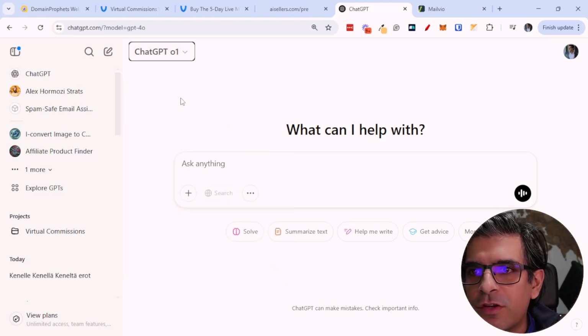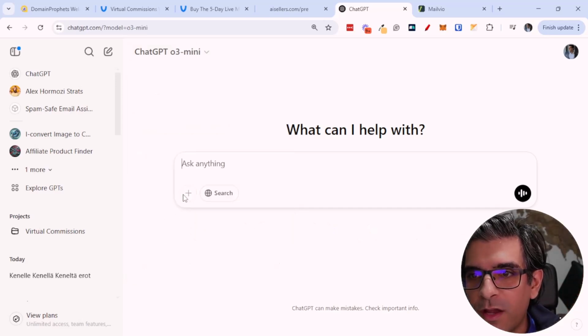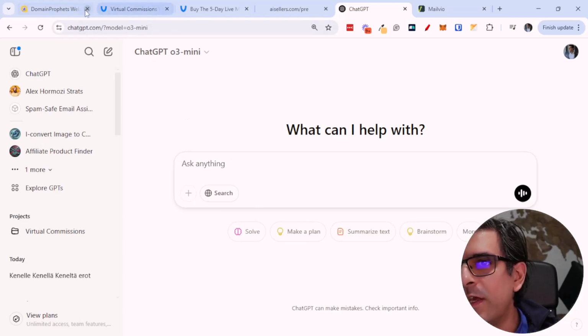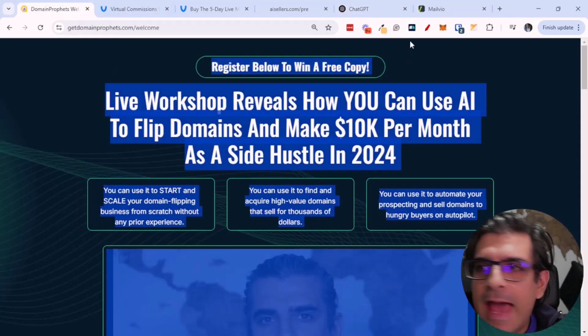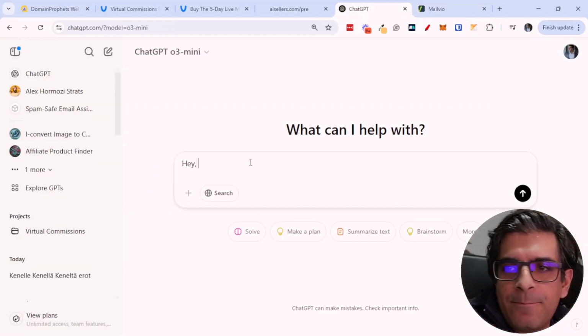So what you can do, I'm just going to switch to the 4.0 version because, well, actually, if you're going to copy and paste, you can use a better version as well these days. There's o1 and o3, which I think are pretty good as well. So let's use o3. So I'm going to feed this in, and I'm going to just type in something, and I'll say, hey,